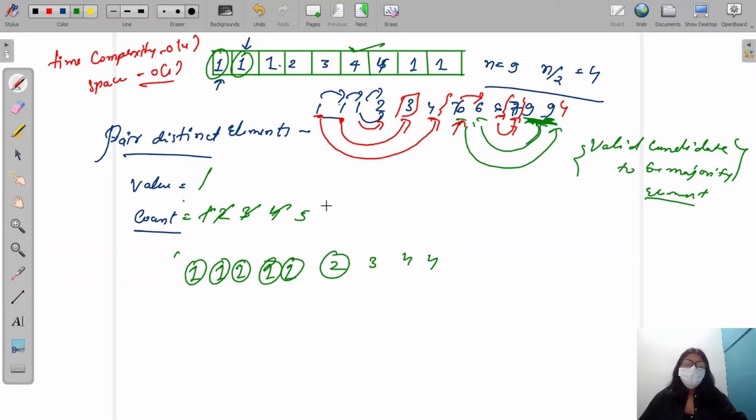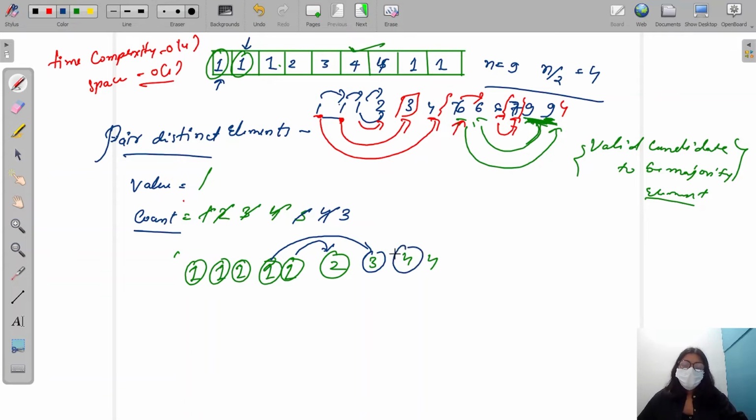No, 1 is not equal to 2. Then what am I going to do? Map this 1 to this 2, and decrease my count to be 4. Okay. Now I again check this value. Is it equal to my value? No, it's not. Again map this 3 to this 1 and then decrease the count.